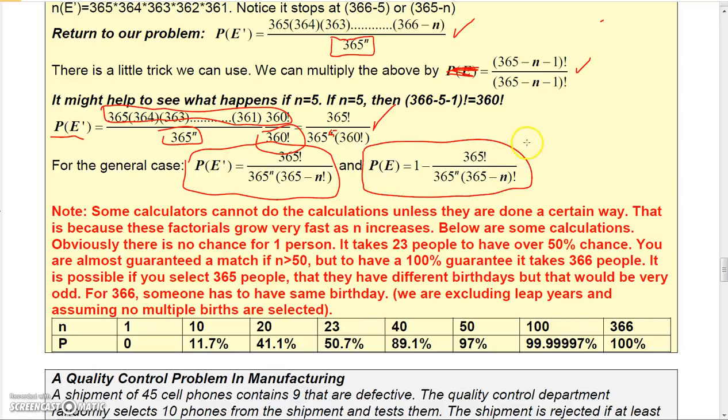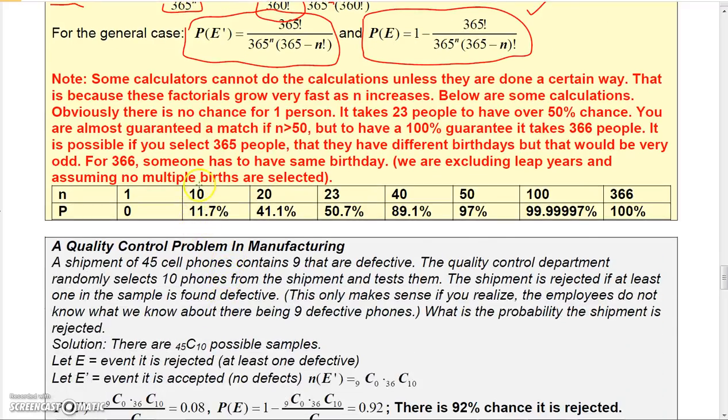Now, if you took some values of n and plugged them in here, if you can find a calculator that will calculate it, notice what you'll get. And again, don't worry too much if you don't understand this, because I don't really have time to go over it. But if you do 23 people, you're going to get over a 50% chance of having a matching birthday. If you do 50 people, you get a 97% chance. If you do 100 people, you've got a